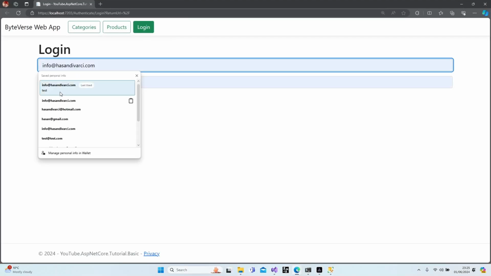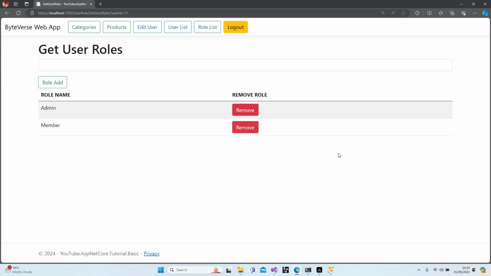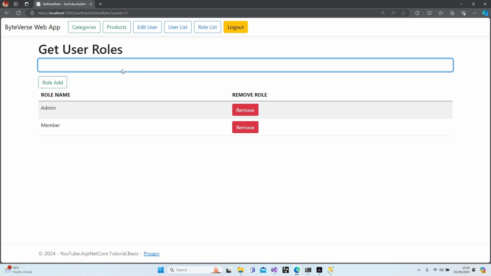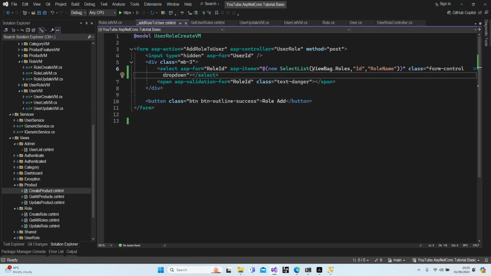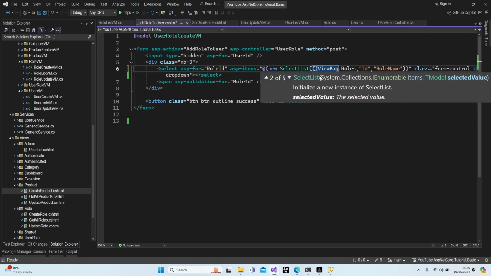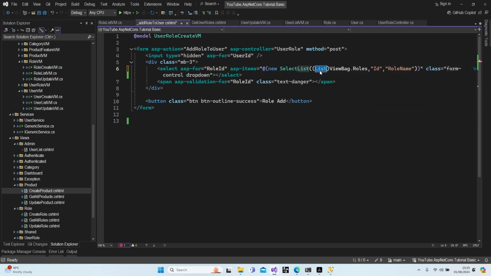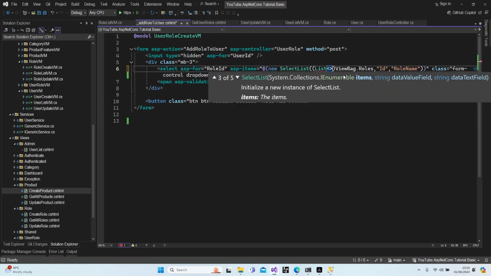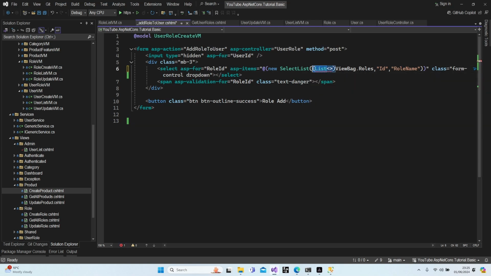Okay, let's log in again. User list, roles, the drop down is empty. Here we go. Yeah, it's not working. All right, I'm going to make a list, which is actually, let me think, it must be select list item, right? Okay,